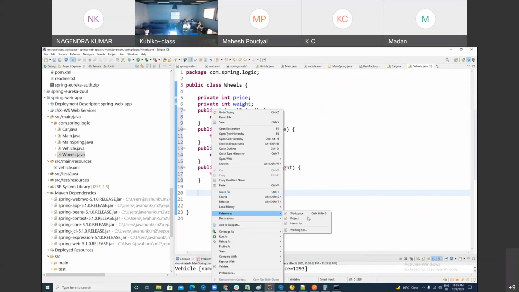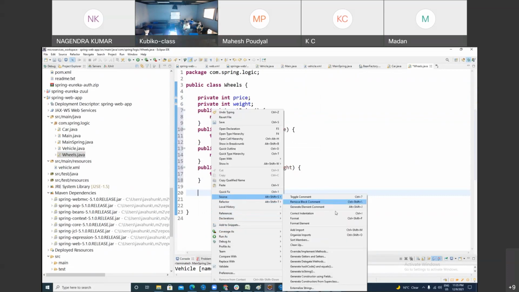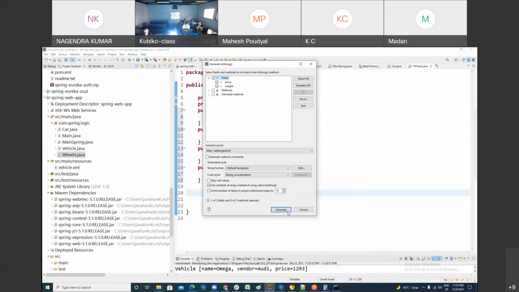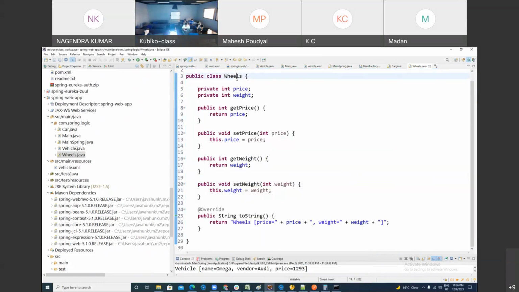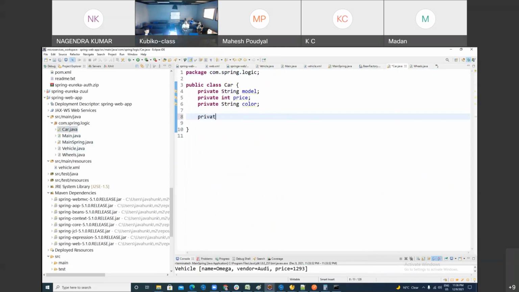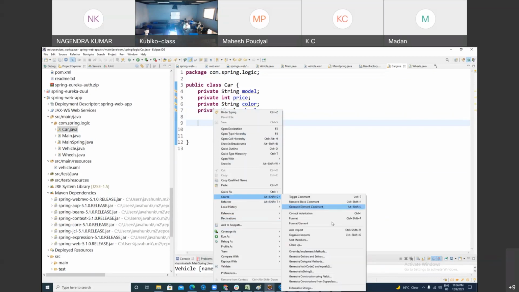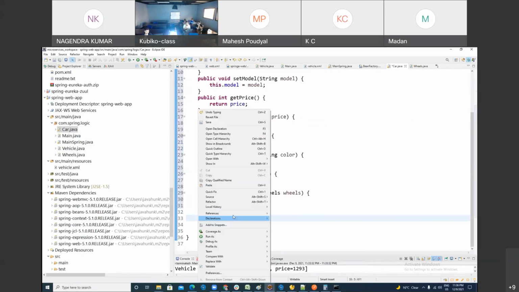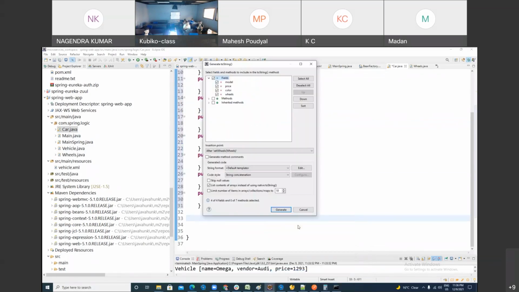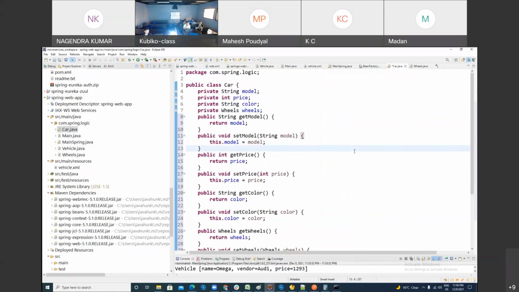So basically, I want to show you one example of where one object has dependency on another object. Wheel does not have dependency on anything. Am I right? But this car has dependency on wheels, another object, or you can say another bean. In this example, what difference do we have? Earlier, I was using vehicle as an independent bean. Now I'm using car, which has dependency on wheels. Make sense, or are you confused?